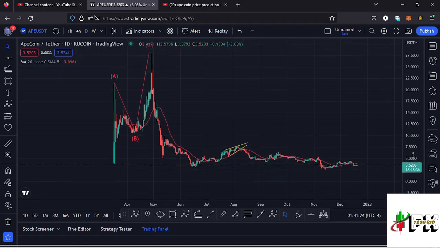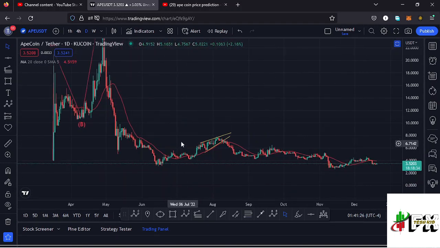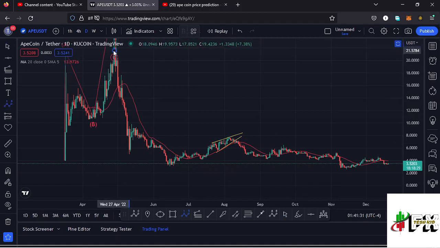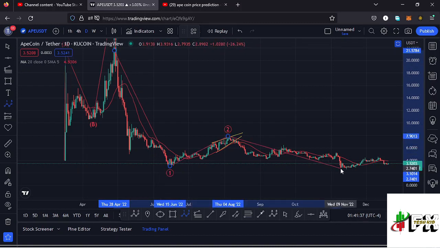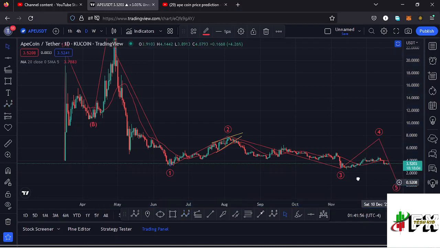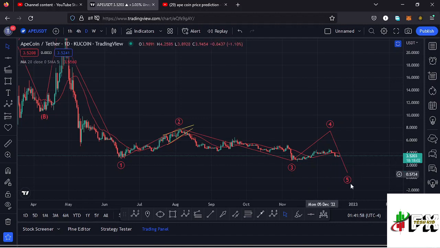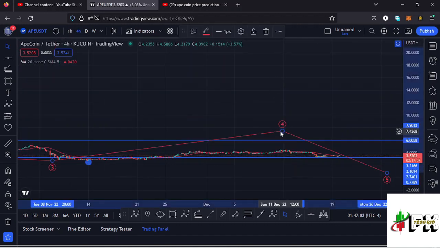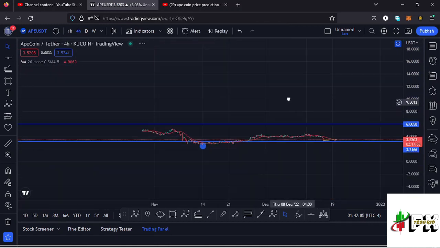And if I try to enlarge this chart so that we can try to have that EBOOK structure, there are chances that whatever we might be seeing from the all-time high might be the first wave to the lower side, then this might be the second wave, then whatever we have over here might be the wave 3, then the bounce that we are in, which is better seen on the 4-hour chart, might be the formation of that wave 4. Then we can continue maybe pushing a little bit lower, making a new low in the formation of that wave 5 to the lower side, and jumping to the 4-hour chart for further analysis so that I can also give you the short-term scenarios that I'm expecting to play out.